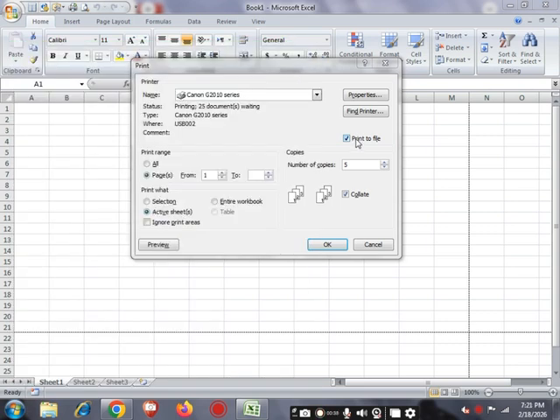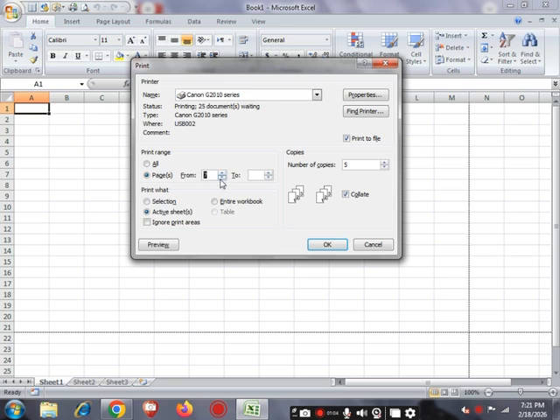Next is the page range. It allows us to specify which pages of a document we want to print. This feature is useful when we don't need to print the entire document and instead want to print a specific area, like how many pages and from where we need. We can increase or decrease the page numbers, from where to where. In the two options we can also write our choice of number.